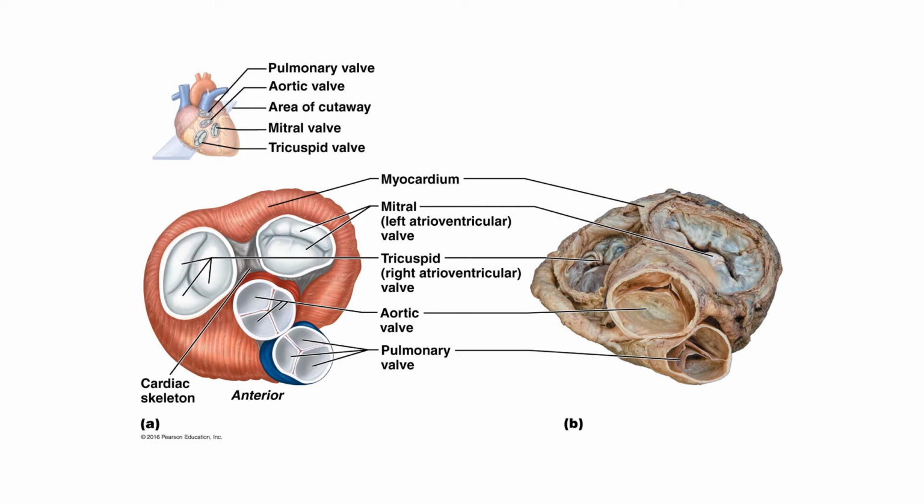I wanted to show you this diagram because it gives you a different view of the four heart valves. So we're looking at the heart from a superior view, and this shows us the plane that we're looking at. So the major vessels and the atria have essentially been removed. This is the front or the anterior side of the heart, and here's the posterior side. So you have your two semilunar valves, your pulmonary semilunar valve, your aortic semilunar valve, and then the right atrioventricular with the three cusps and the left atrioventricular with the two cusps.